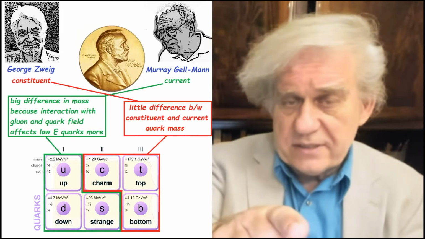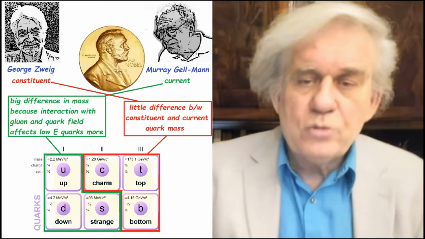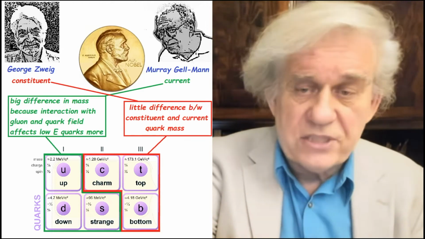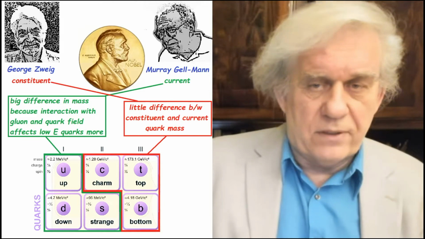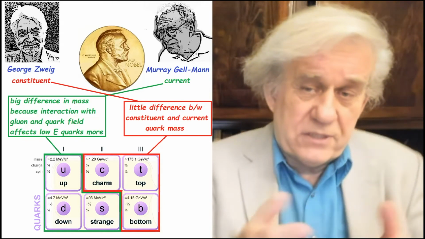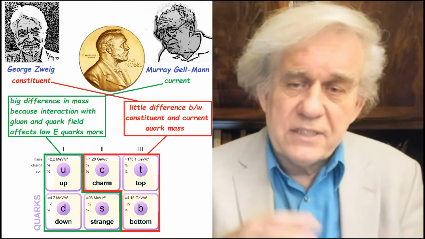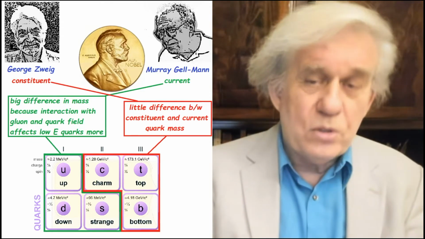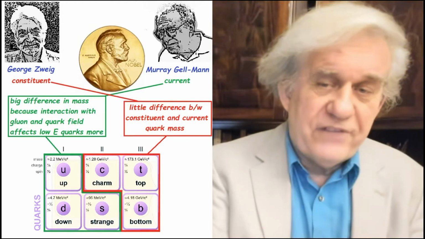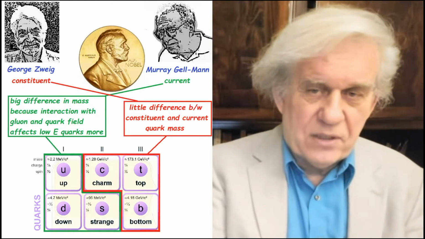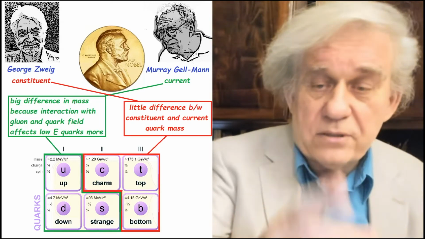And the difference is that if you look at those three quarks, the charm, the top, and the bottom, those are heavy. You look at the energies, you'll see they're all in the giga electron volt range, billion electron volts. Okay, and so there is no difference because these are heavy quarks. So there's no difference in their interaction. Why? Because the gluon field does not affect them as much as the gluon field affects the light quarks, such as the up, the down, and the strange. Okay, and so those are known as constituent quarks.